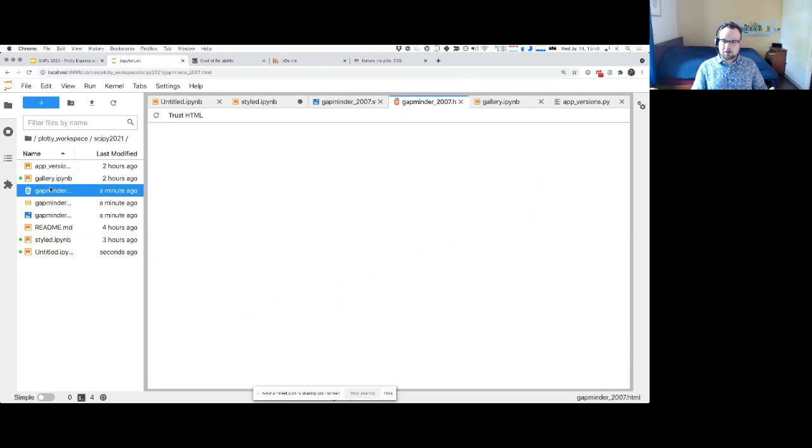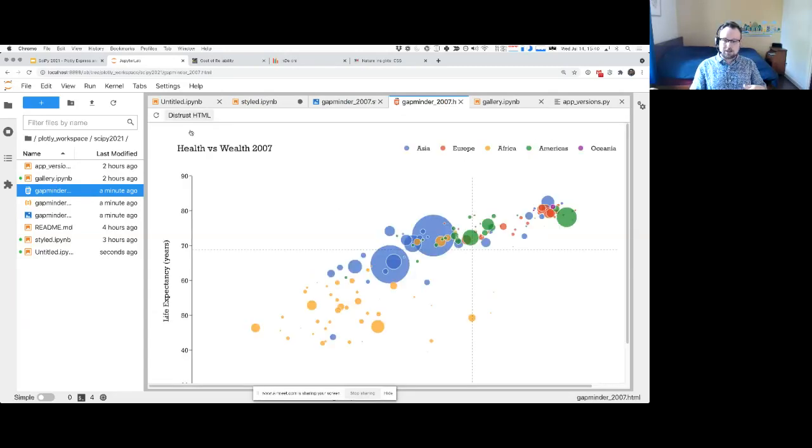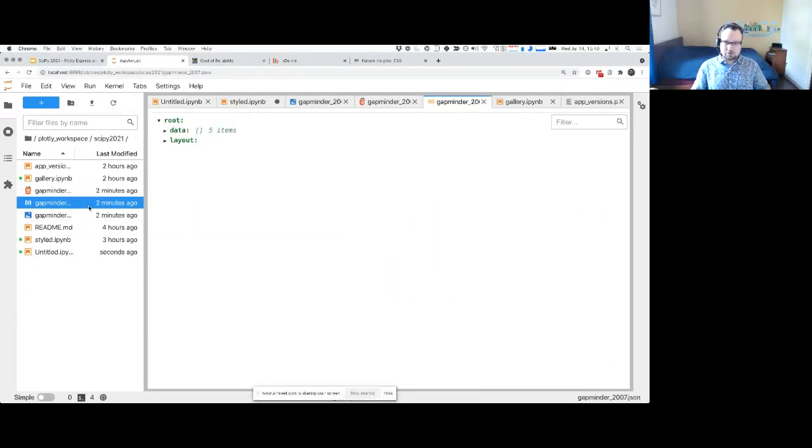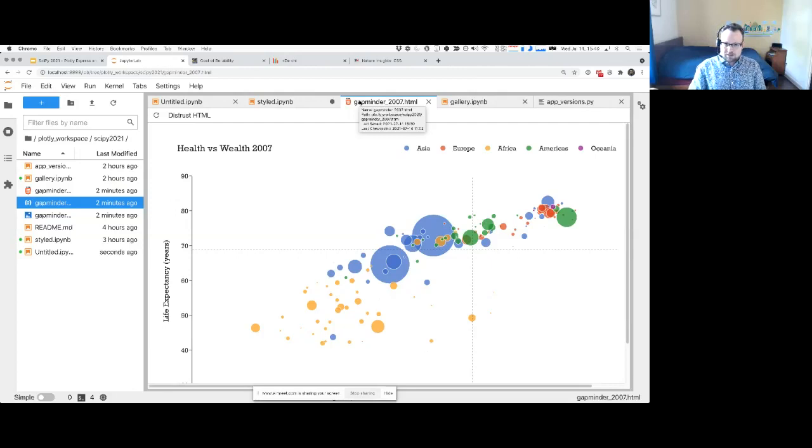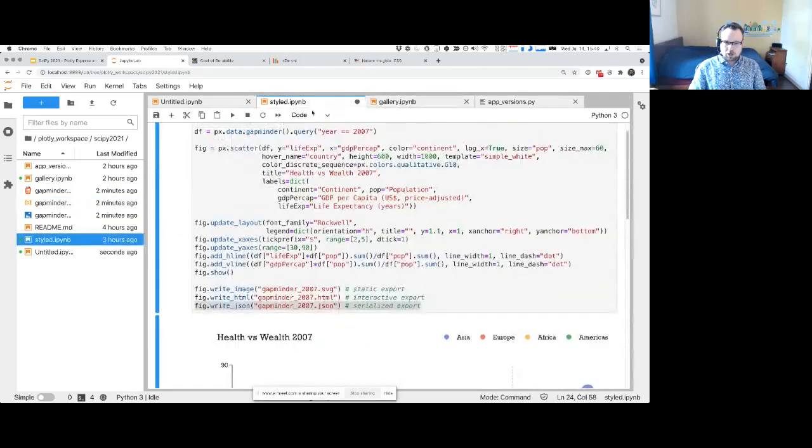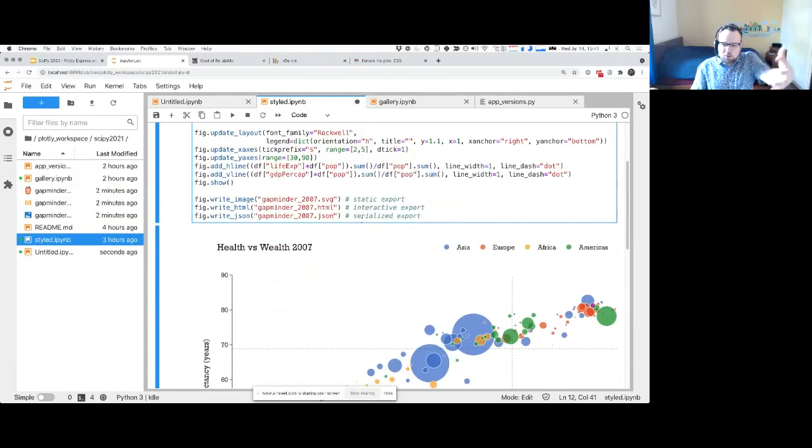I've got an HTML file. I have to hit the Trust HTML button to view it, but I can upload this to any web server, and this is still interactive. And I've got a nice safe copy of my JSON on disk that I can bring back to edit further. So that's basically as far as Plotly Express will take you for the first mile of data science, and part way down the last mile